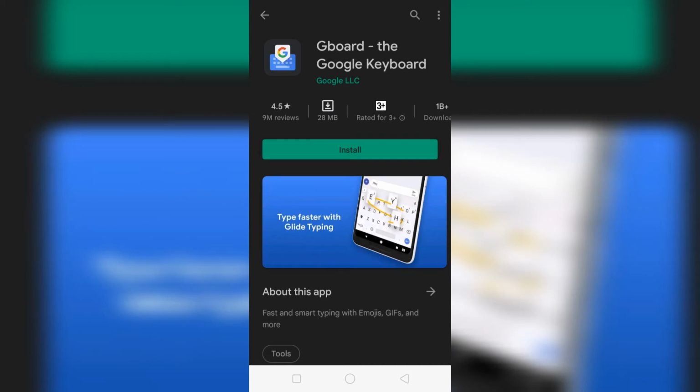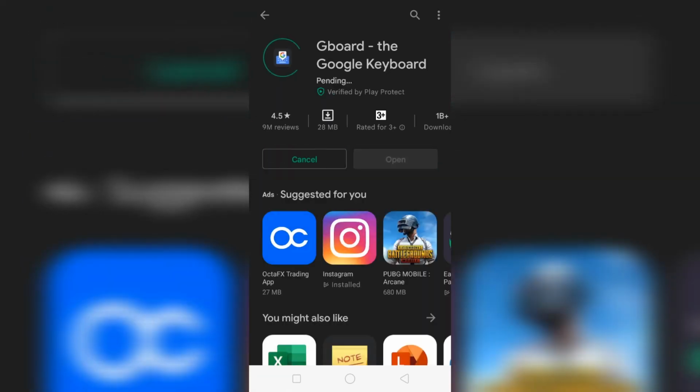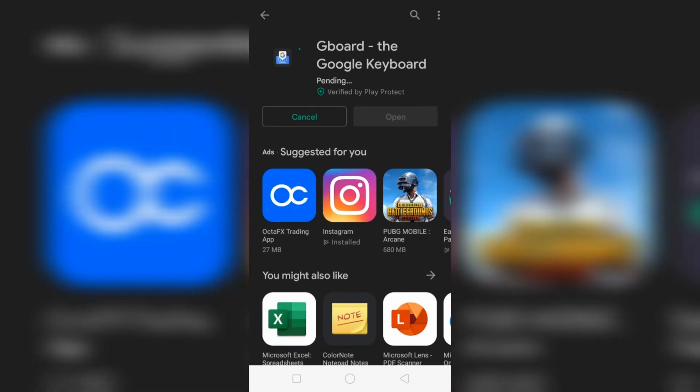So simply tap on install, then this application will start downloading, and after downloading, this application will be automatically installed on your Android mobile. Using this application you can paste the last 4 to 5 texts that you copied recently.